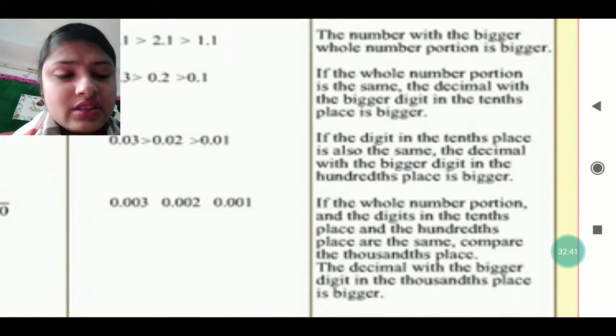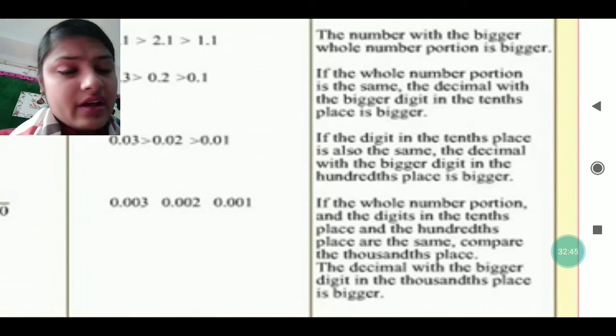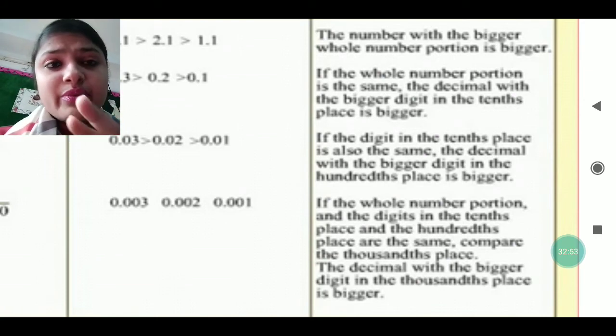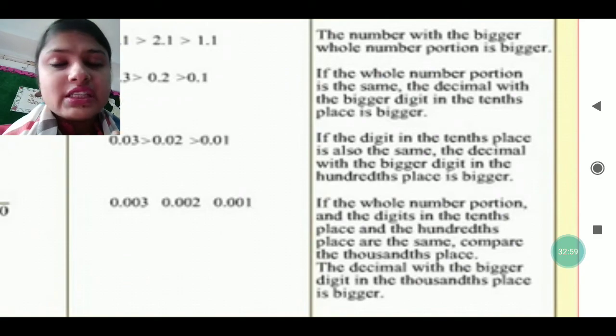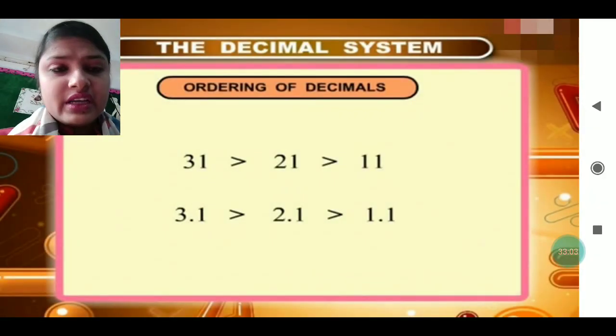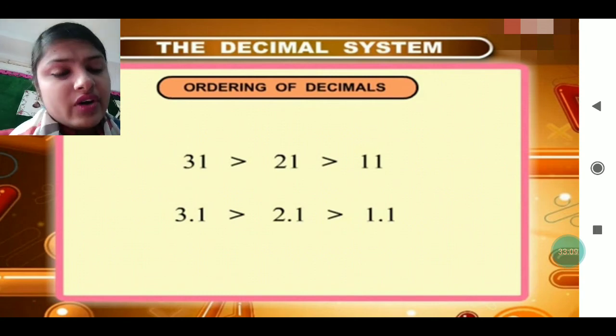You can see the number of thousand at the downside, it is three digit, and all have been compared according to that. After the decimal we have put three digits. If there is a 10 at the downside, after the decimal we have made it two digits. If 10 is there, after the decimal we have made 1. Similarly, we have done this also. 31, 21 and 11 is there. So 3.1, 2.1 and 1.1.